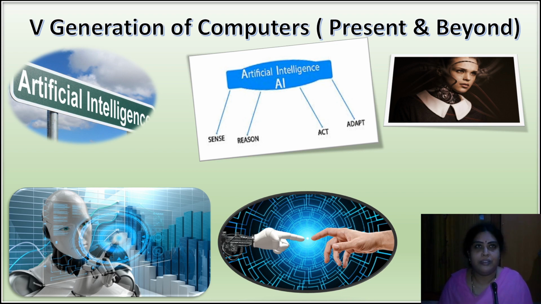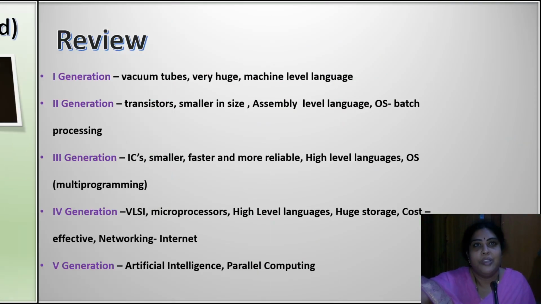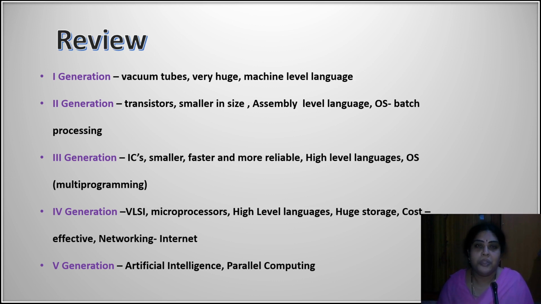And this is all the brief knowledge about the generations of computers. So with a quick review, I would like to just tell you, first generation used vacuum tubes, second generation used transistors, third generation used ICs, fourth generation saw the development of microprocessors and VLSIs, and fifth generation is mainly on artificial intelligence. So as far as your first PU exams are concerned, they may ask you what are the components used in each of these generations, and they may also ask you the important features of these generations. So at least two to three features, be aware of it.